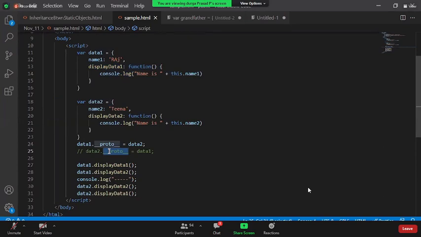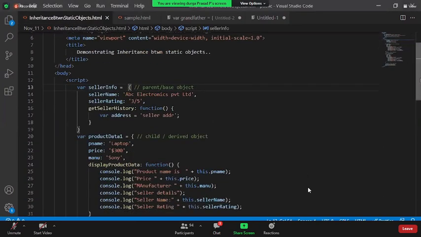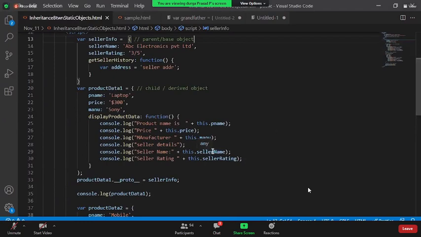Sir, we are accessing the data before inheritance. Like we are accessing the data at line number 20 and we are inheriting the object at line number 24. Let us come back to here. Now your question is, boss, you are using the seller name at line number 29, but you are doing the inheritance at line number 33. How is the data coming?